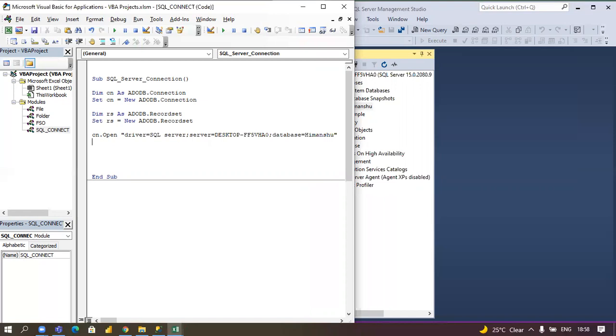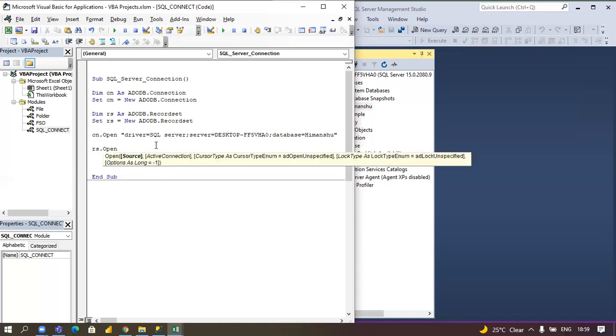By this method we can communicate with the SQL server database. You can give any database which you have in your server, and the rest of the thing will be the same, and for the server name also you can give your own. Now we have to give the recordset Open. In the record set you have to write the query, from which table you want to get the data. So I will write the query.